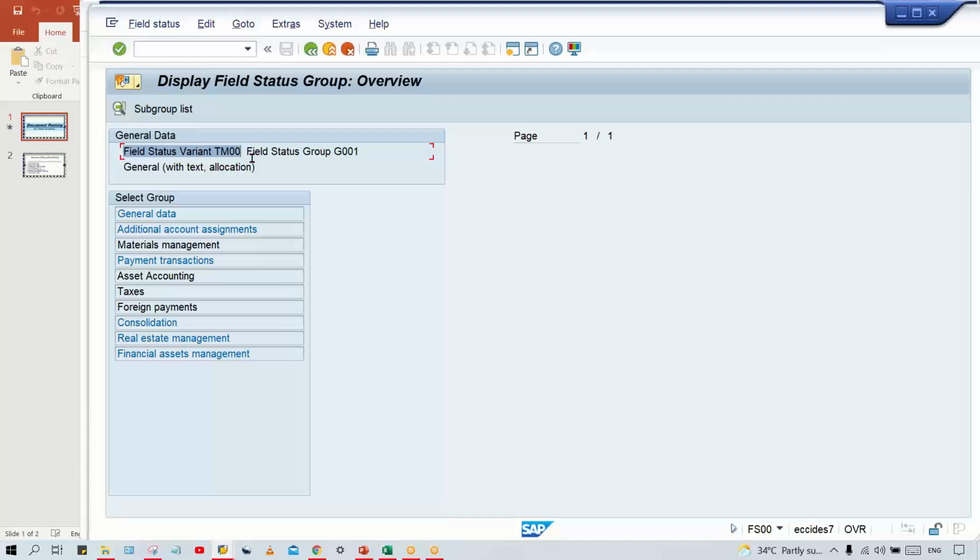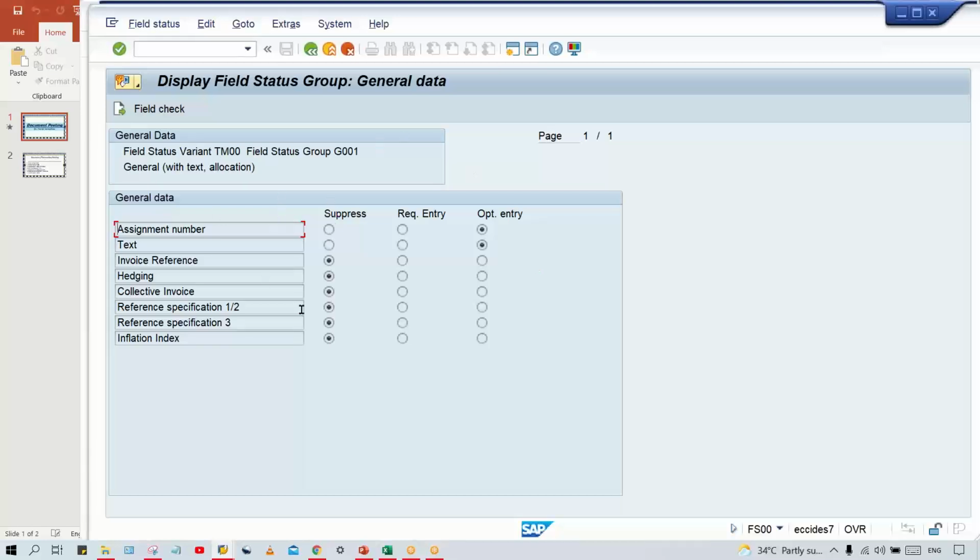Now, look at here, once again I came back to the basic setting itself, right? The question is, why are multiple field status groups required? Can't we manage with a single field status group itself? I'll tell you. Now you come back. If you double click here, then all these things are showing here. It is in display mode, we can't make any changes, right? These fields must be editable, then only we can make the changes. Click on the back